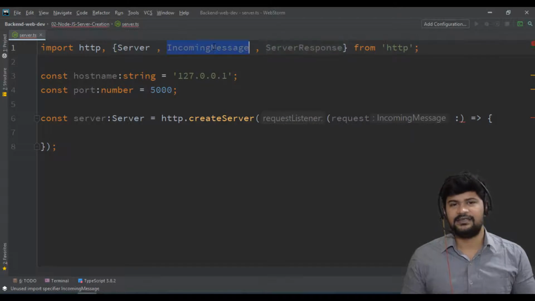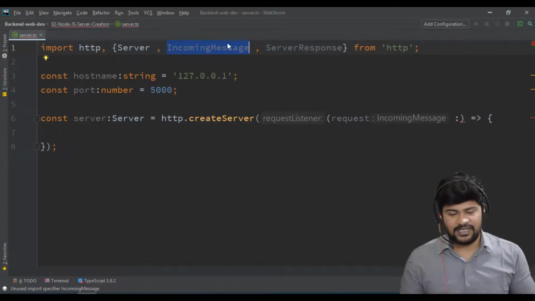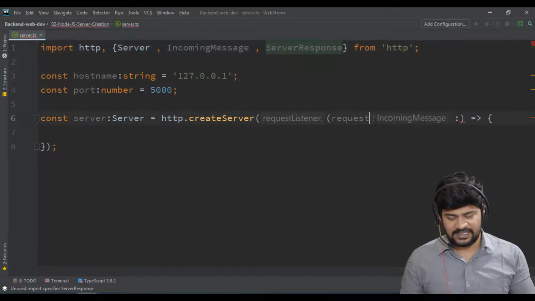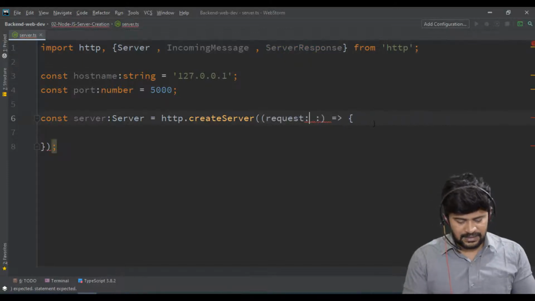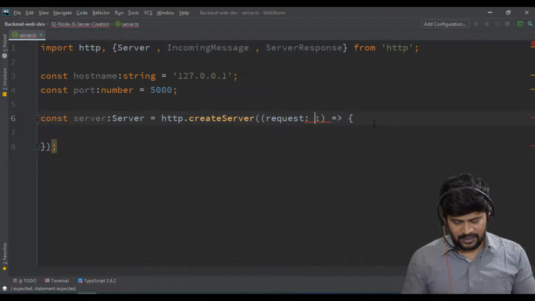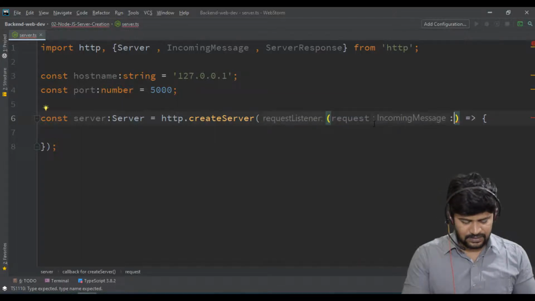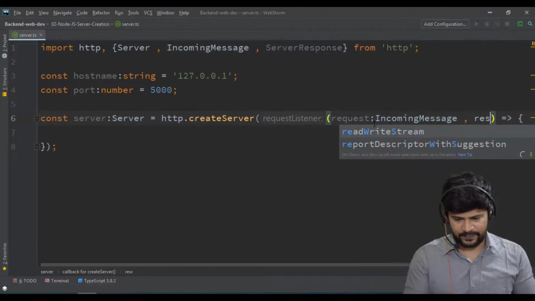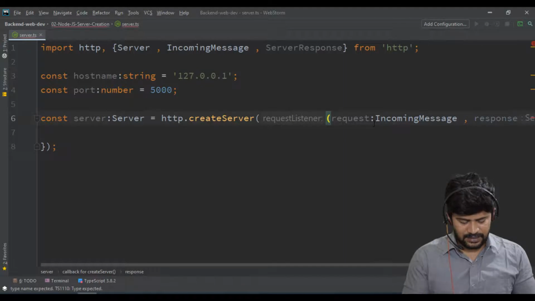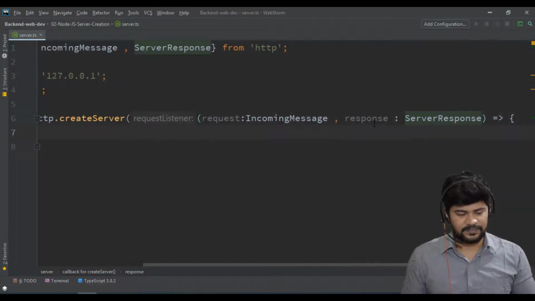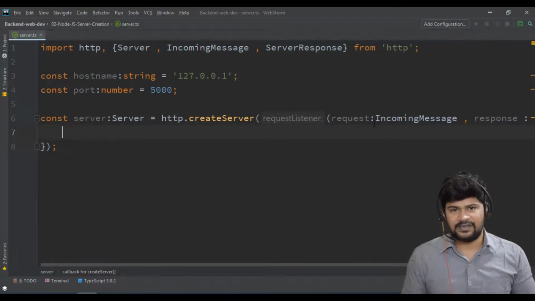This indicates the request which is coming to the server, and the server response which is the response being sent from the server to the client. Okay, this is how you create the function with types. In JavaScript this specification is not required.